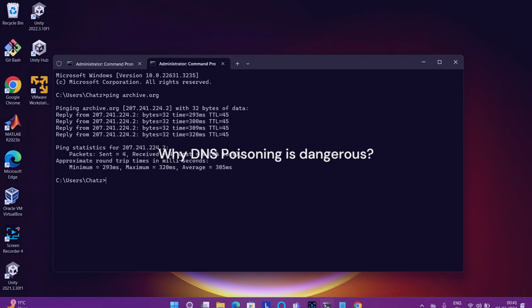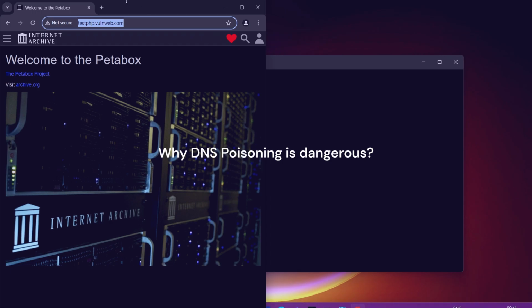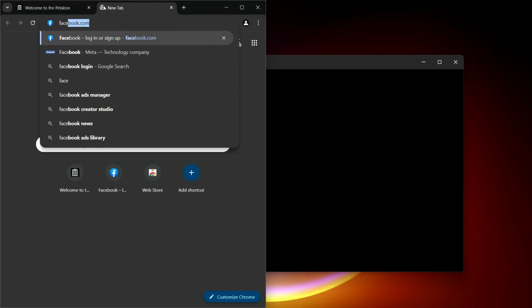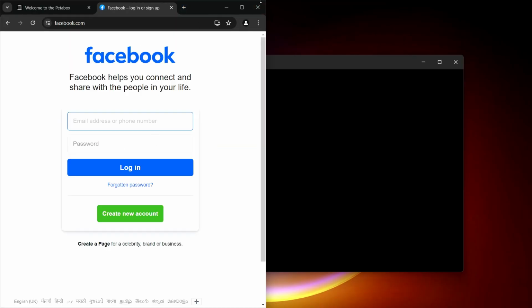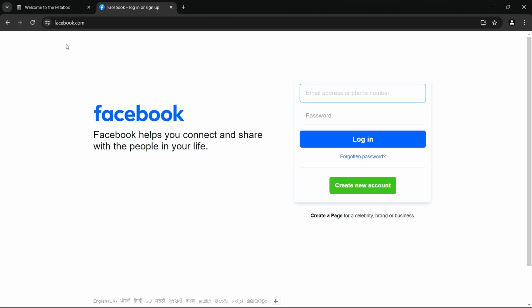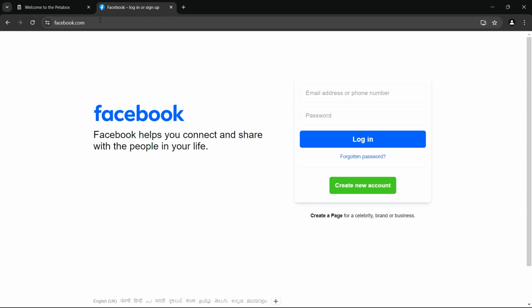And how is it harmful? Let me just talk about it for a second. Suppose you're trying to access facebook.com. So you can see everything is looking fine, everything is going on well. And suppose a very experienced hacker has done some changes to your host file, then your changes would not even be detectable, right? So if your changes are not detectable, what might happen is that the facebook.com you're currently accessing